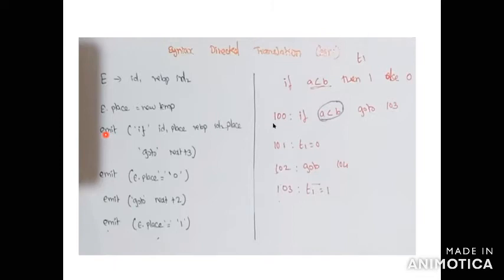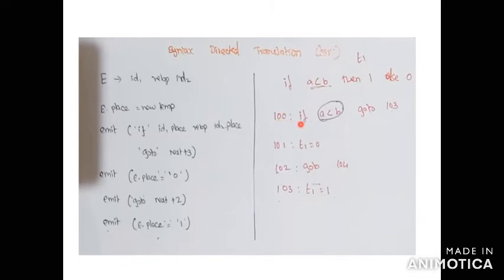Here you can start with an address. I can start the address at 100. You can write any address: 1, 2, 3, 4, 5, 6, 7. You can start with any address value. Here I start with 100. It is not compulsory to start with 100; you can start with any address value.